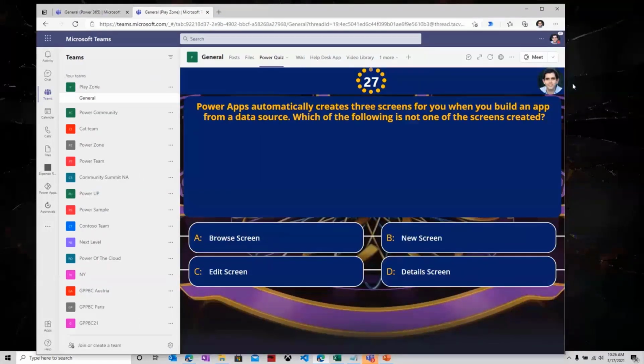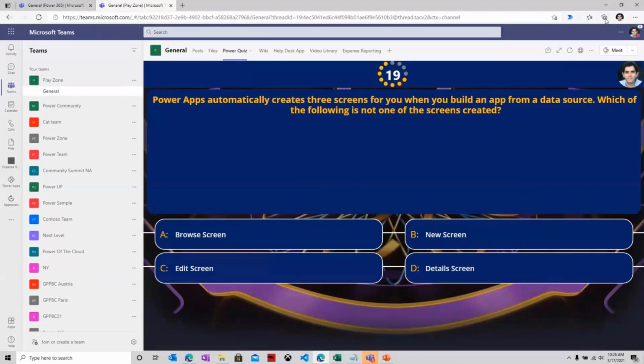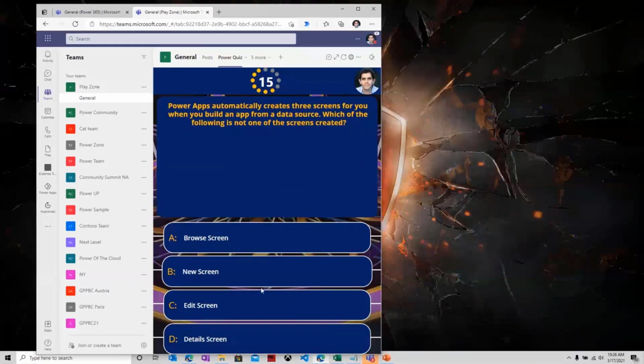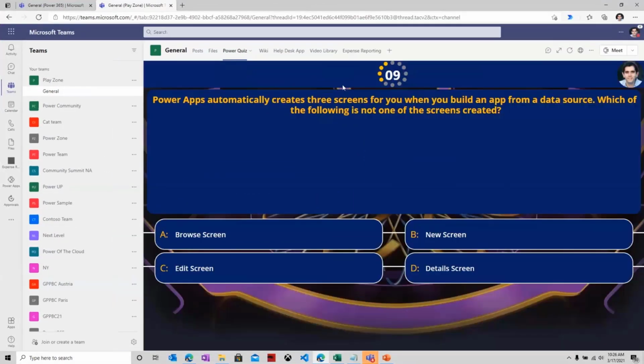And the key here is not the app. The key here is the responsiveness aspect, right? Right now, I'm on a tablet with experience. Here is a desktop with experience. Here is a mobile with experience. You see how the gallery at the bottom changes its behavior, response, depending upon the size of my screen.